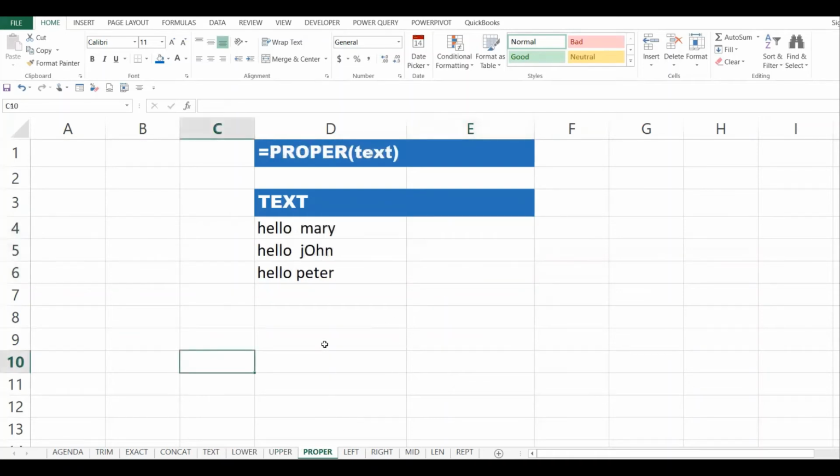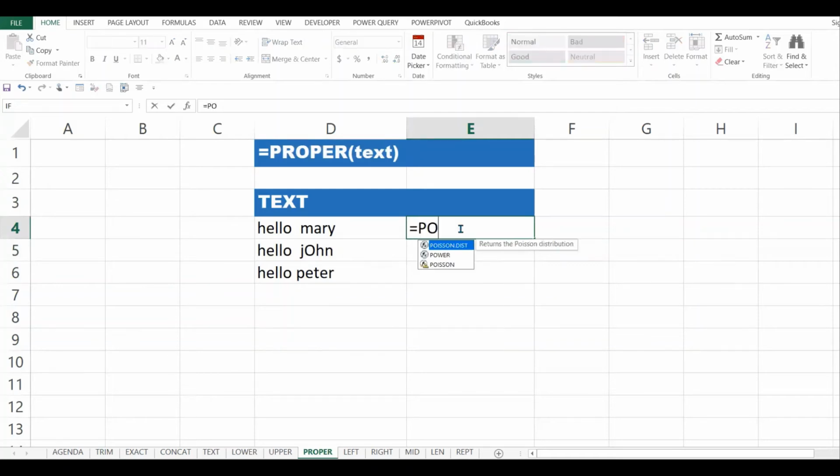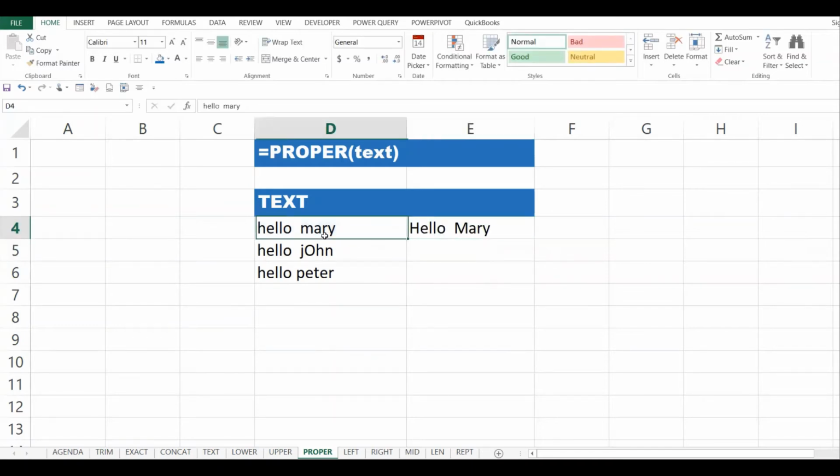Next, we have the proper function. What does a proper function do? What it does, it changes the first letters of the word into capital. Let's see how it does it. The first letters are changed into capital and we copy it down, so it becomes from lower hello Mary to upper hello Mary.